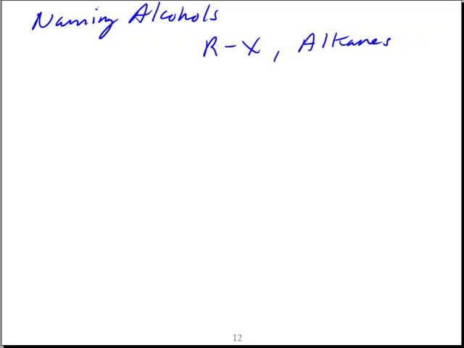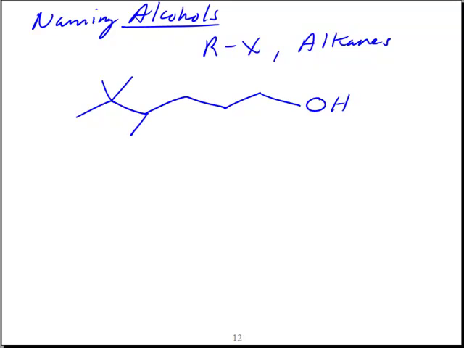However, in naming alcohols, ethers, and amines, each of these has a higher priority than an alkyl halide or a regular alkene or alkyl substituent. And so we have to assign their priority, and the numbering that we assign to them is a function of their priority. So let's name an alcohol. If I look at this alcohol, for example,